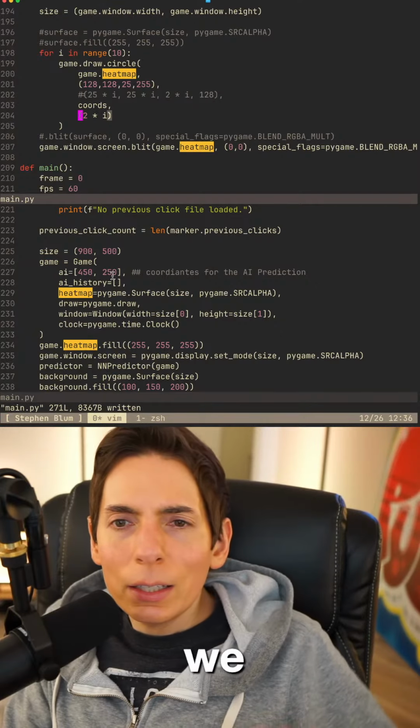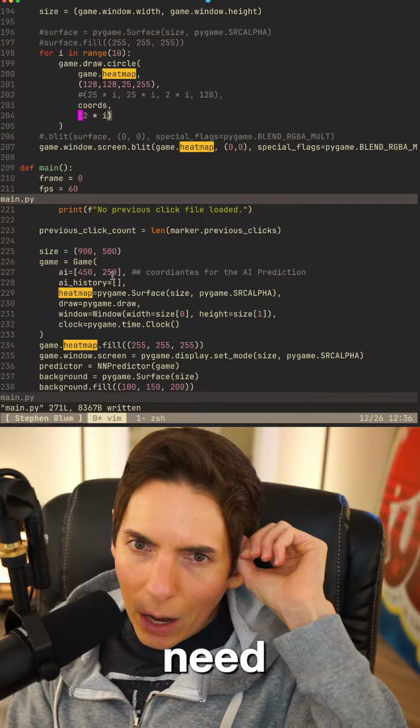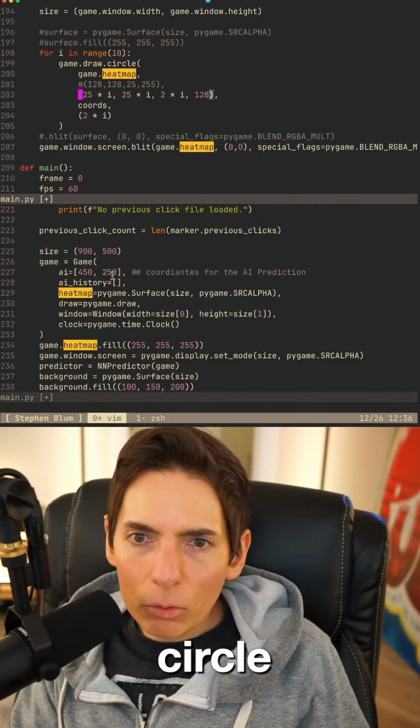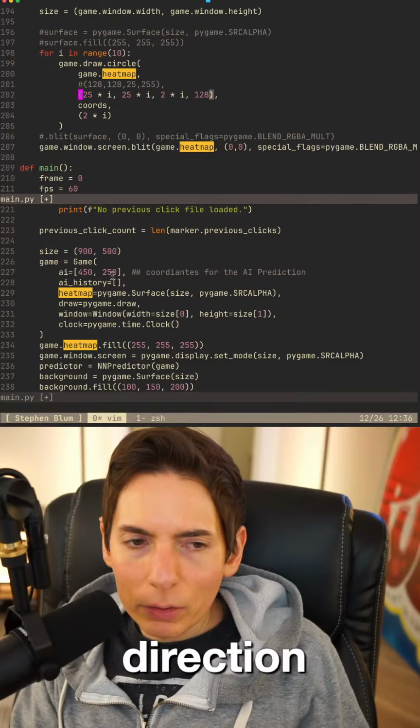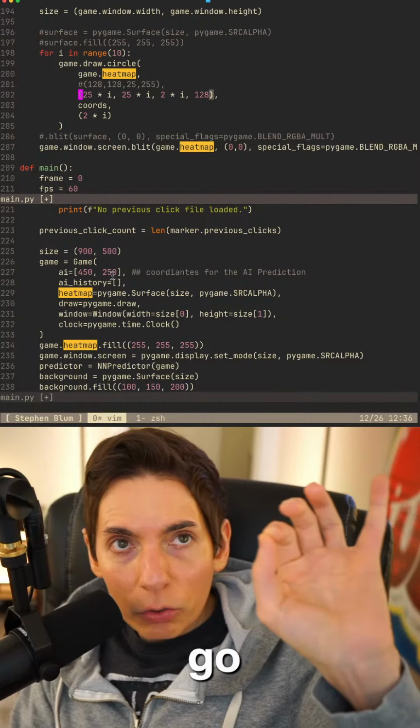The thing is, we need the outside of the circle. We need to go the opposite direction, right? So it needs to go white to dark.